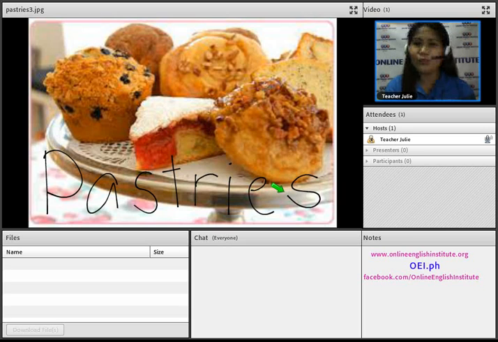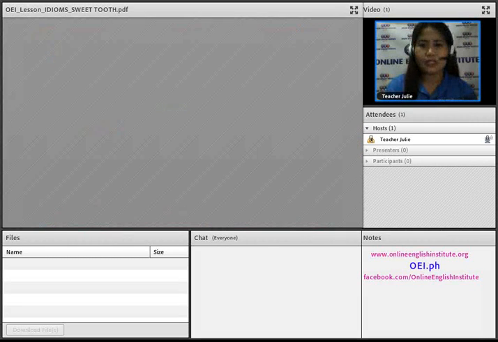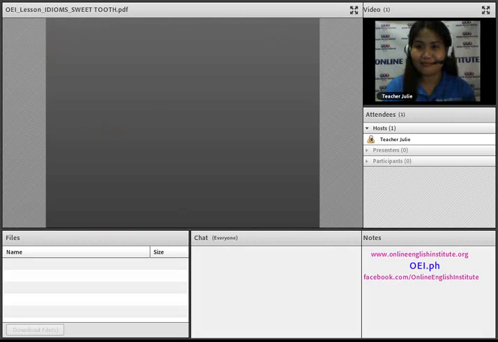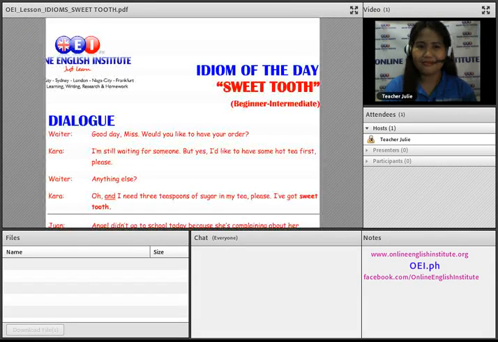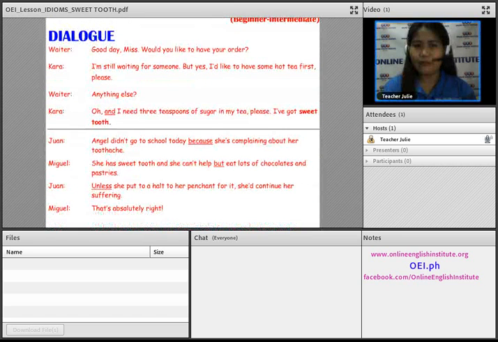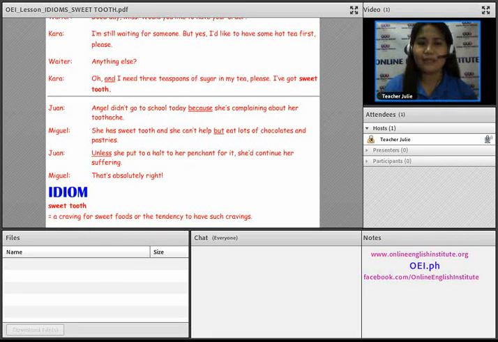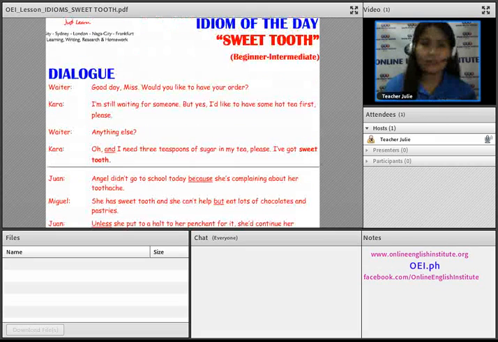The idiom sweet tooth has a very special meaning, and that's what we are going to find out for today's lesson. So, allow me to upload the lesson and let's find out how we use sweet tooth in a sentence or in a dialogue. As always, we have two sets of dialogues here. The first one is between Waiter and Kara, and the second one is between Juan and Miguel. Let's start with the Waiter and Kara. I will be the waiter and you'll be Kara. Please begin,